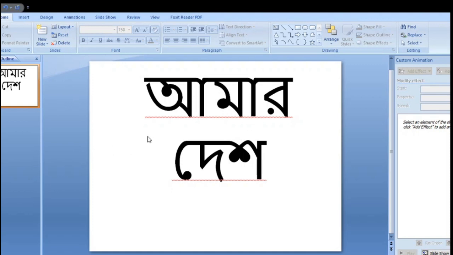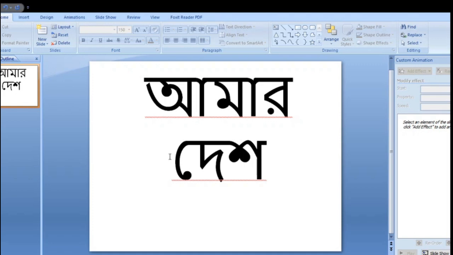Suppose the name is My Country. Click the OK button on the dialog box.